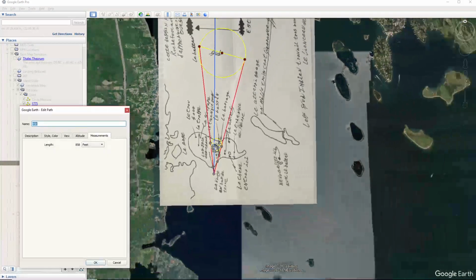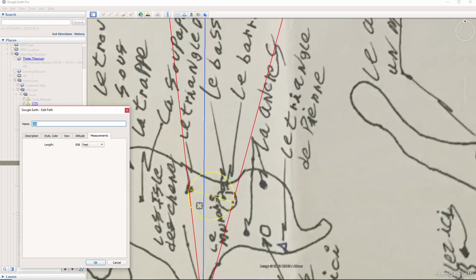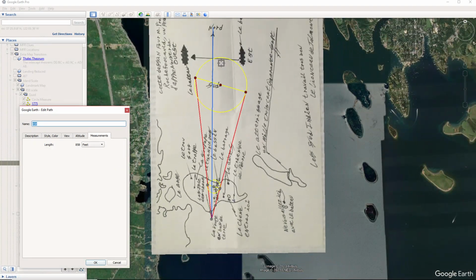So remember, the scale up here was 1,775 feet according to our measurements on how we're measuring this. And this now is 858 feet,